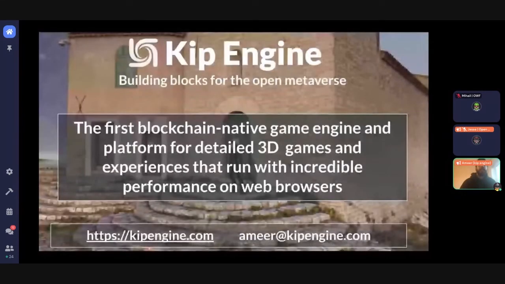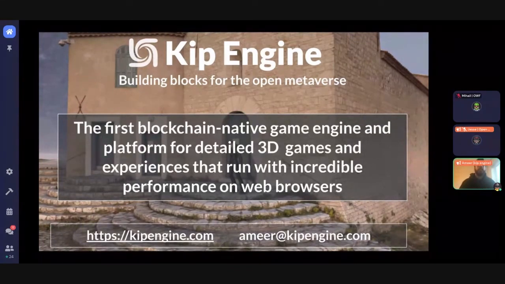Hi everyone, my name is Amir and I am the co-founder and CEO of Kip Engine. So Kip Engine is a blockchain native game engine. That means you can mint game assets and other components as NFTs, and they're all super interconnected with the blockchain, and they can be operated and used by other games built within this ecosystem, and game developers can create an open, permissionless, and community governed metaverse.